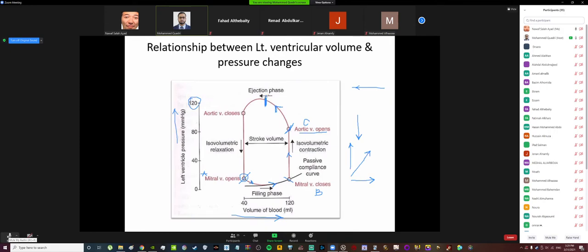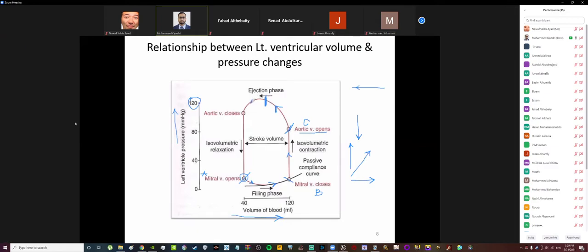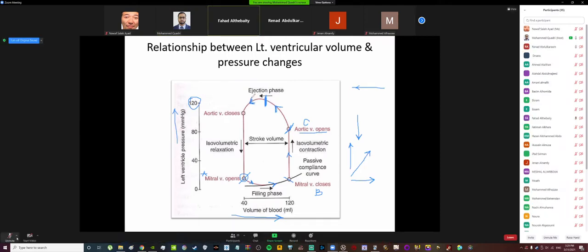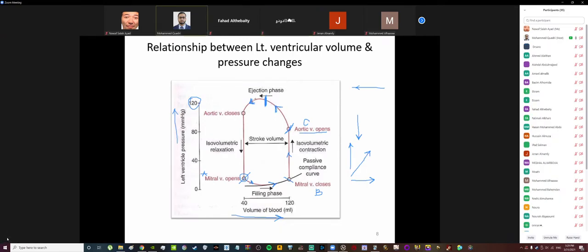120 to 130. And after that, as the volume decreases, the pressure also starts to fall, isn't it? Which phase is this? Slow ejection phase. So completely this is the ejection phase: rapid ejection, slow ejection, and a point will come where the pressure in the ventricle will become less than that of the aorta, and that will